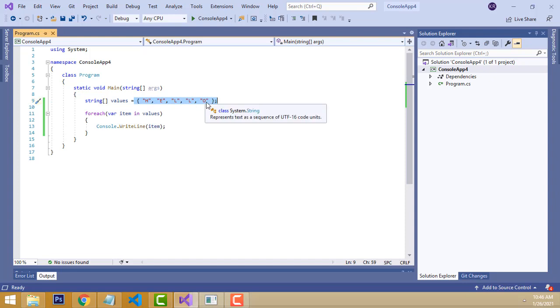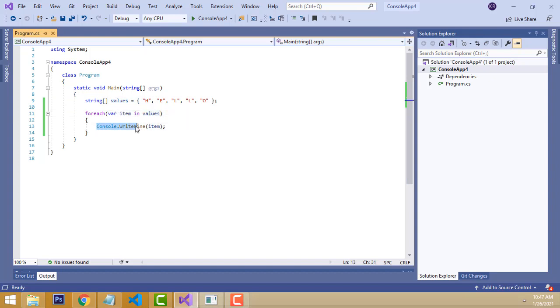Hello. Now I want to display this hello message, so here we have to write the for each loop. You have to write var item. This is a variable I have created. In is a keyword. Values means these are the array values. What are all the values should be passing to the values here. This array is passing to these array variables, so the value should be coming here.